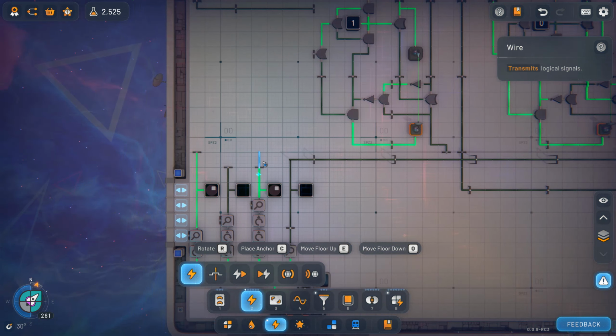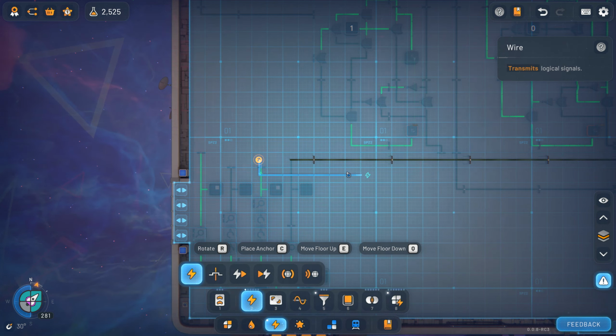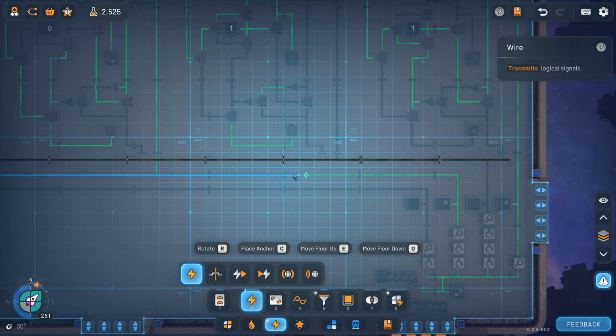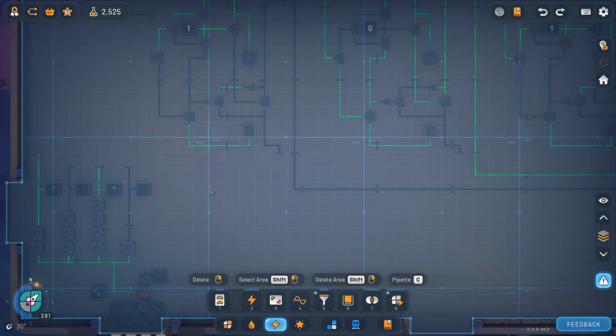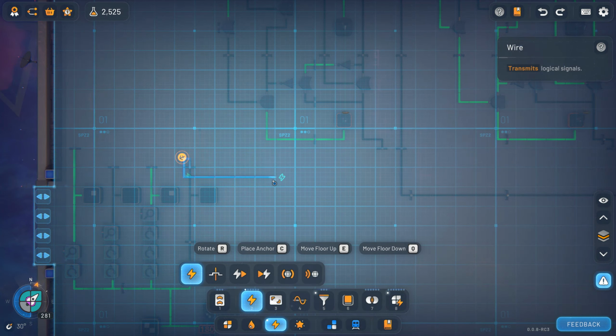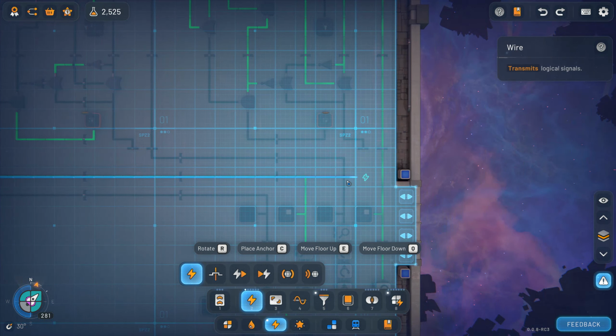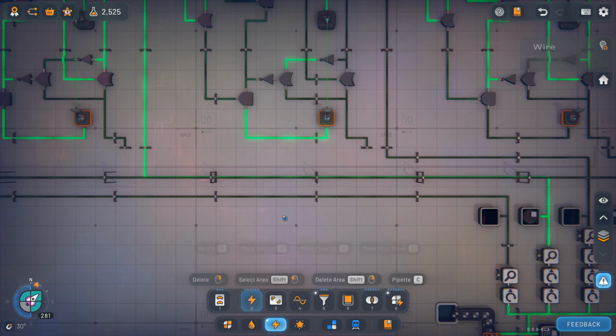Let's just send that one like that. No, I can't do that. So we'll pull it back one and then we'll send it over. So we're not blocking that. And then